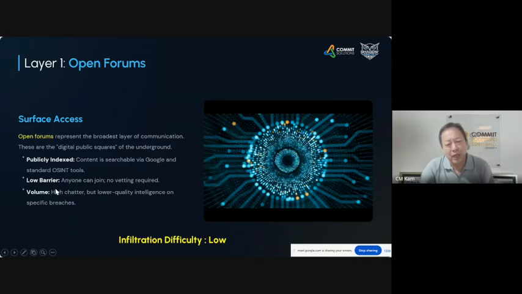These are low barriers. Anyone can join, right? You don't need to be invited or anything like that. You can join and do whatever you need to do, right? And the volume is normally very high because of this so-called low value, which means all this leak can be from a very long time. It can be from years ago, but they're still circulating. You know, it's like our social media. Sometimes we see the same information again and again. That's the digital world.